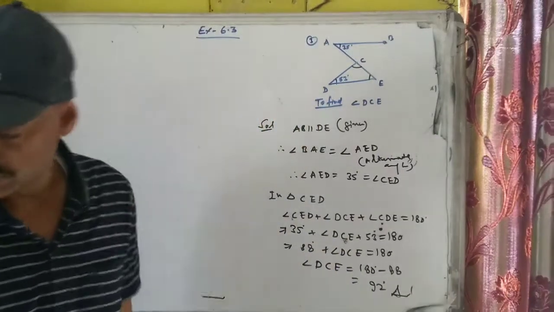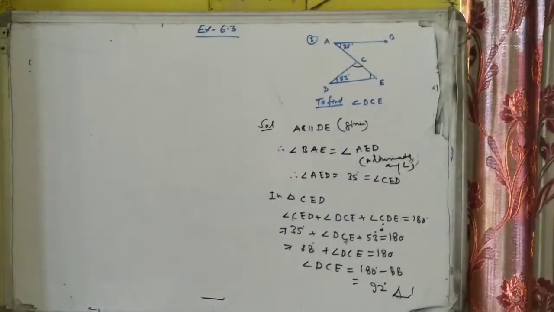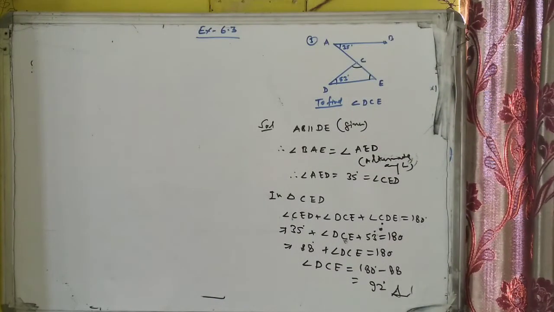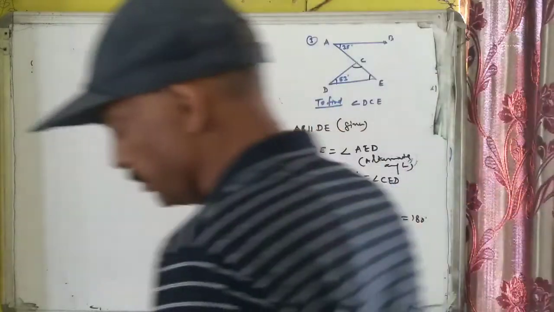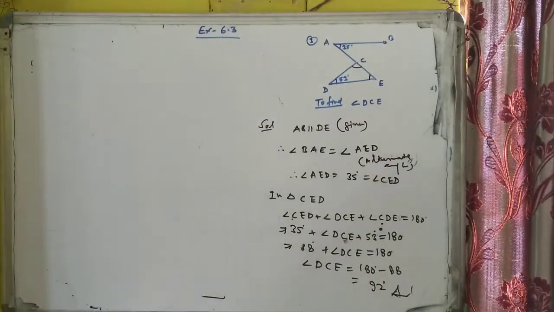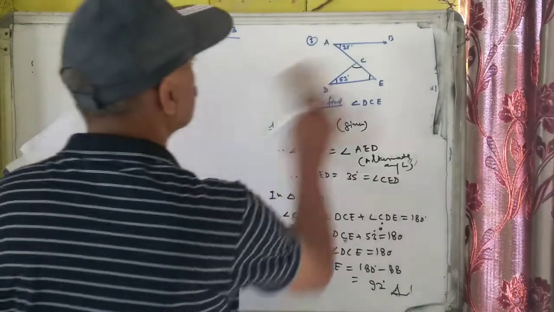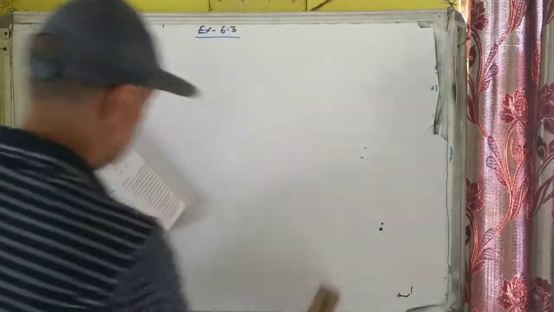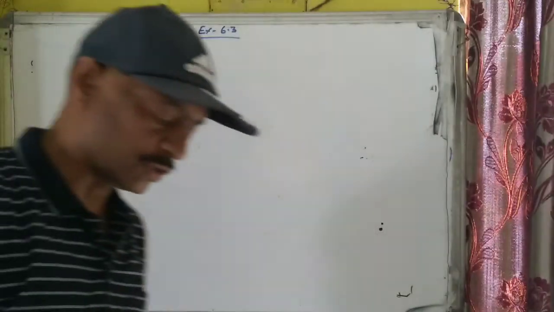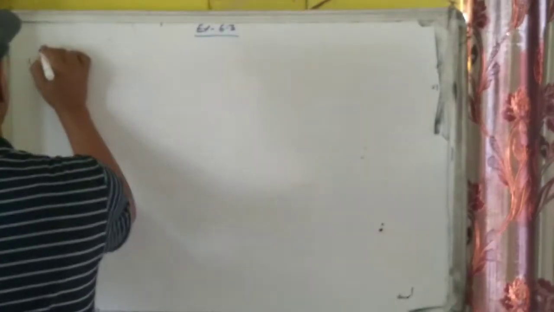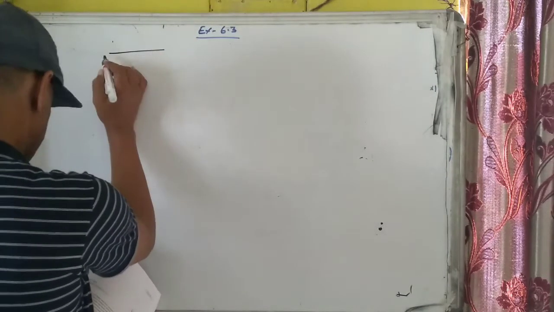Okay, the next question, question number 4. Let us solve this. You see that the figure of this question is also given, but I hope this question can be solved by you, because this is a simple question. And now we should take question number 5 and 6. Just see, take question number 5. In this question, a figure is given. So draw the figure at first.